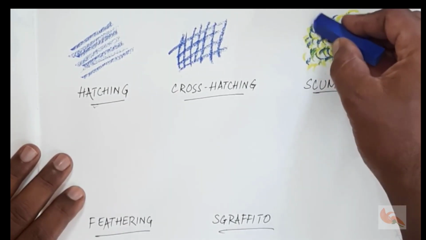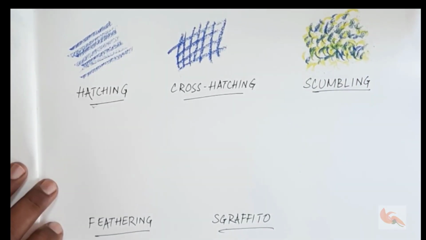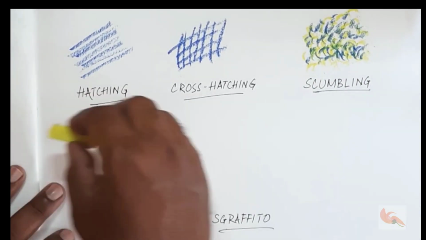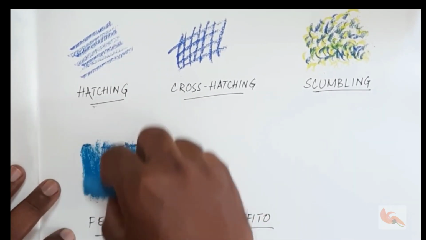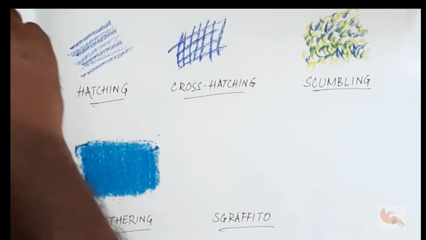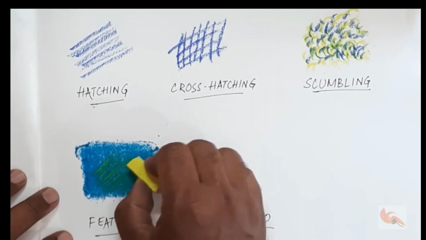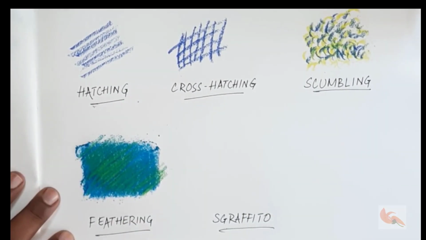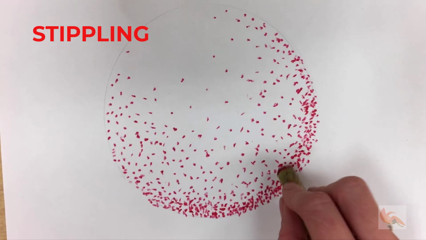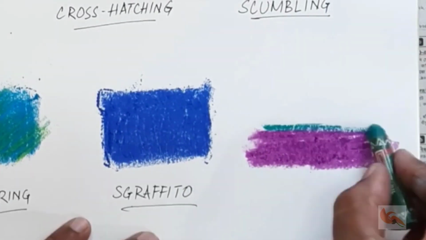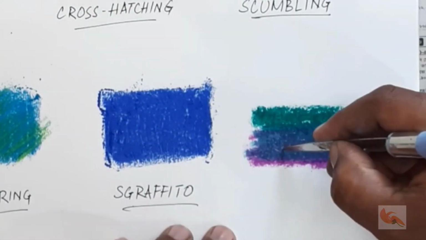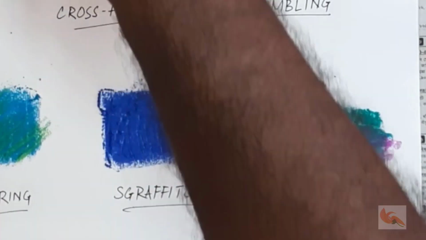Try using the side of soft pastels over hard so that the underlying colors don't move. Feathering is the making of quick, light, linear, parallel strokes with the tip of the pastel to modify a base color. The method of applying small dots or dashes to describe form and tone or build an area of color through optical mixing is stippling. Graffito is a way of scratching the surface layer to reveal a contrasting color or the paper beneath.